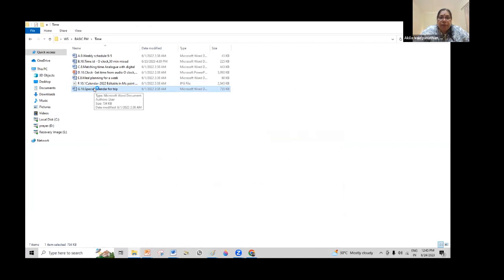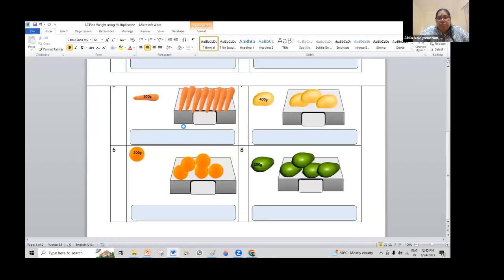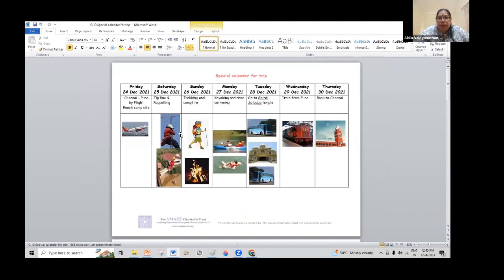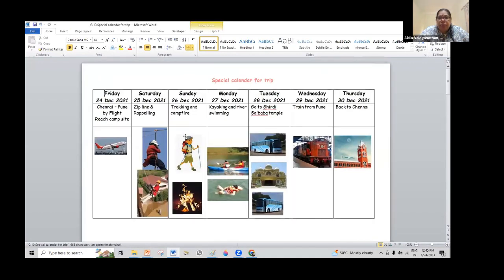And you can create special calendars. Like if you're going on a trip, on a holiday, then you can create a special calendar with what you're going to do and where you're going to go. This is a calendar for a camping trip. So when you're going to leave, and how, and then you can have questions later on after the